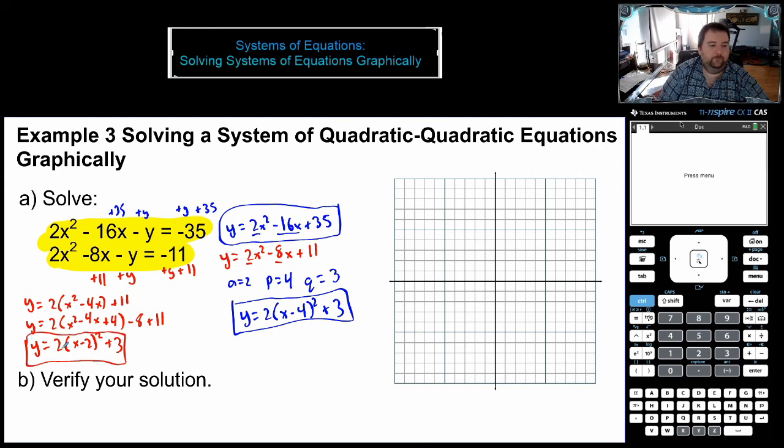There we go. Let's go ahead and graph. So we'll do the red one first. Our vertex is 2 and 3. So there we go. It's opening up with an a value of 2. So instead of going right 1, up 1, we're going to go up 2 because your a value multiplies your normal x squared function. Let me explain that a little bit more. I know that in a normal x squared function, we're going to go right 1, up 1, then right 2, up 4 on both sides, and then right 3, up 9,